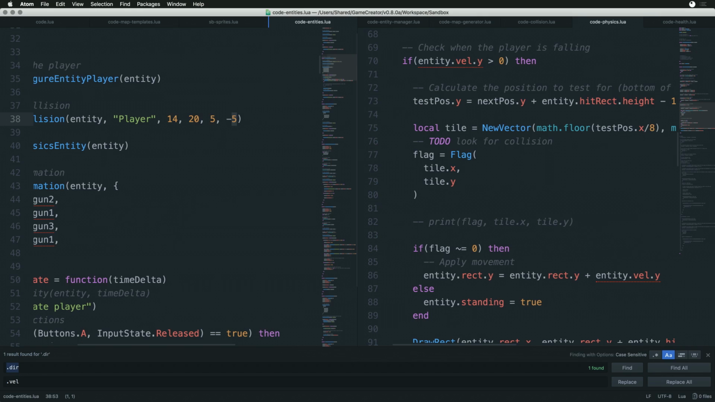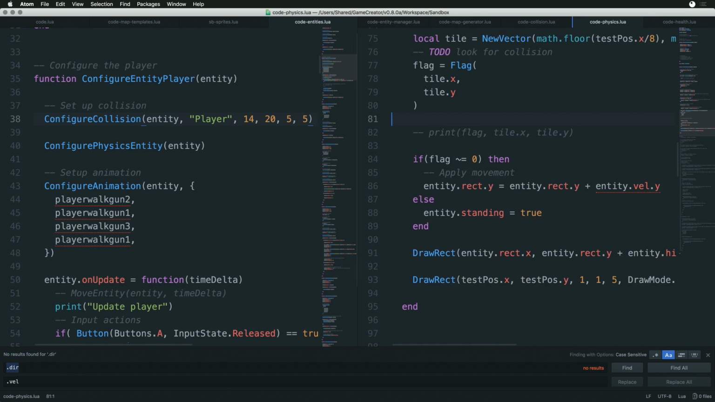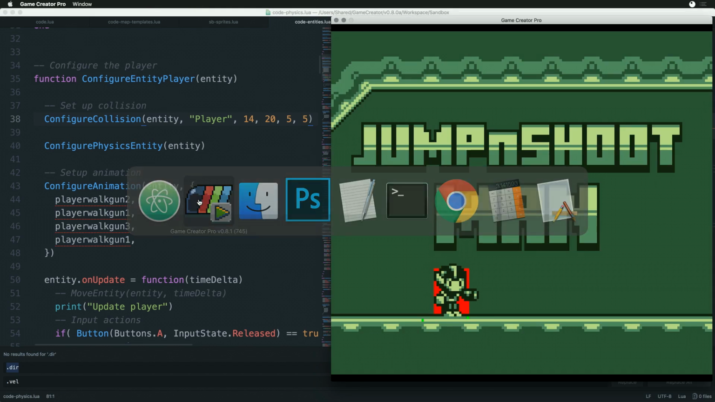I don't like the way I do this rectangle stuff. This should be 5 in, 5 down. Like, this should be the value right here. There's a bug in the way that I set this up. We're gonna configure this. We're gonna set this to 5, 5. And now,